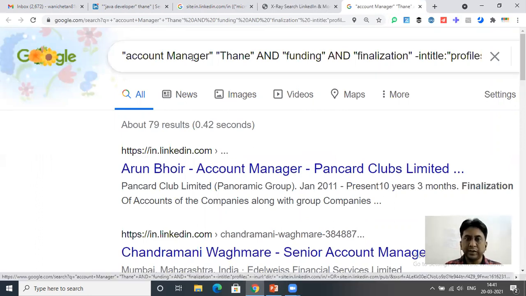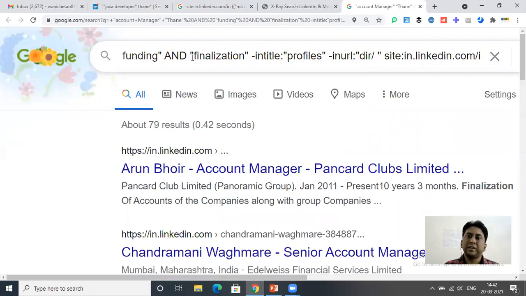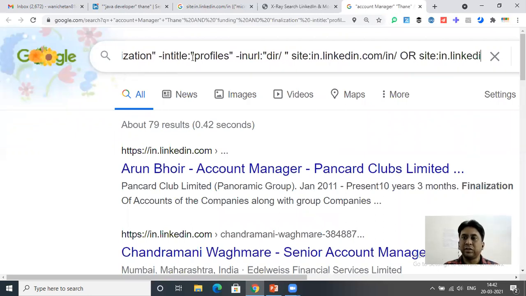And let's read the string. Account manager, Thane, and funding and finalization, in title profiles. They have minus in title profiles. They have also minus in URL for directory, and they have used site linkedin.in, site in.linkedin.in, because for India we have selected India.